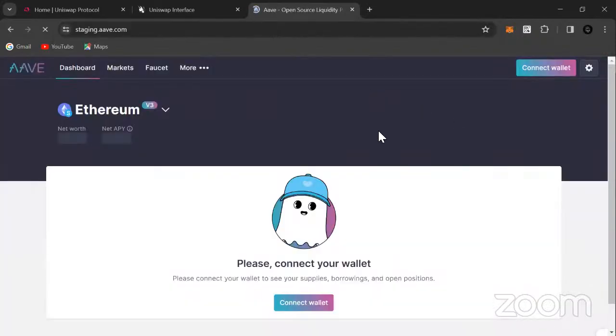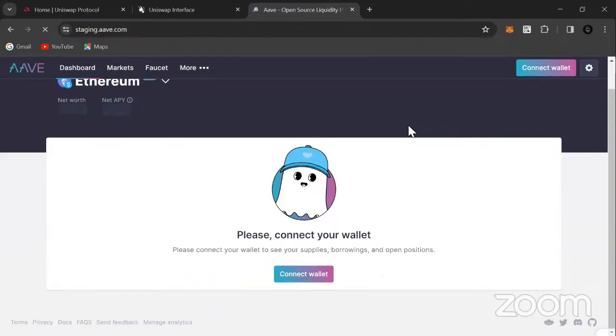Okay, connect wallet. There are always many ways to solve this kind of problem.